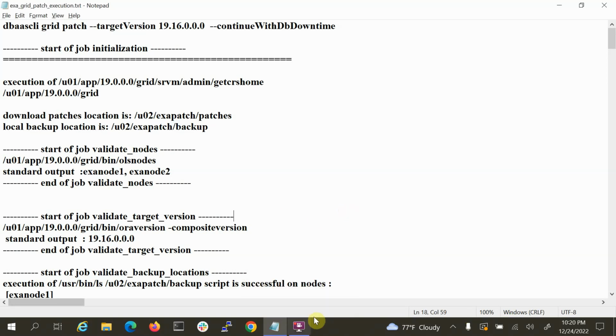So in this session we are going to see how we are going to apply the patch in the EXACS environment, grid patch. In the last session we discussed the prereq activities before we apply the patch. In fact, when you apply the patch, it is going to do exactly the same thing again. In case you have not gone through the last session, I request you to go through it, then come here,